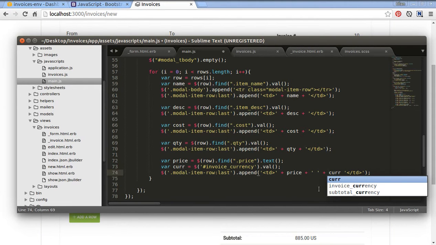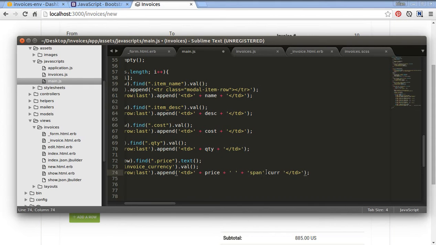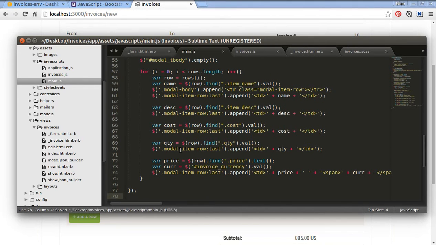Maybe we should wrap it into a span. Let's close our span. I forgot the tags. Yeah, now it works. Okay, save our file